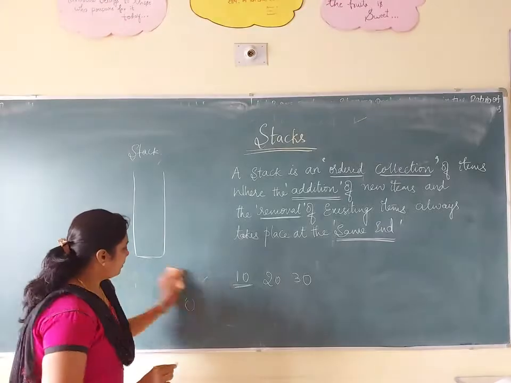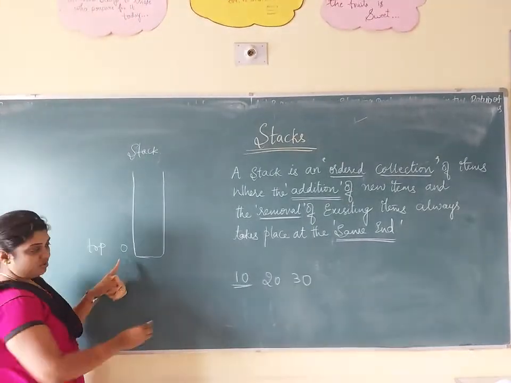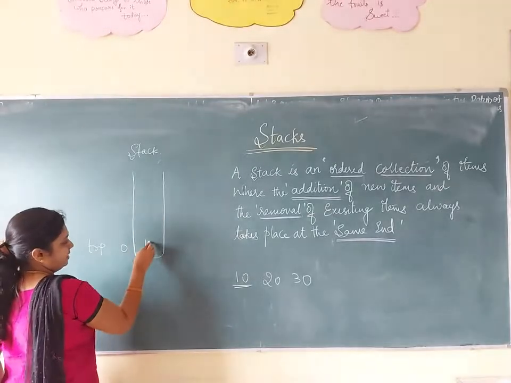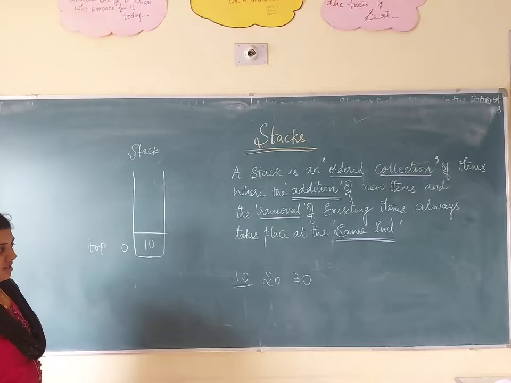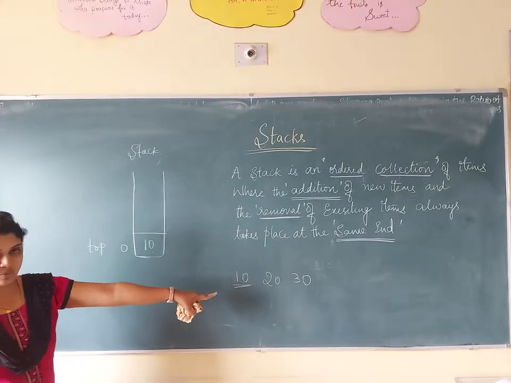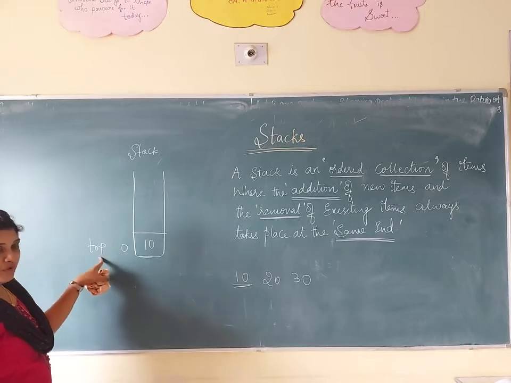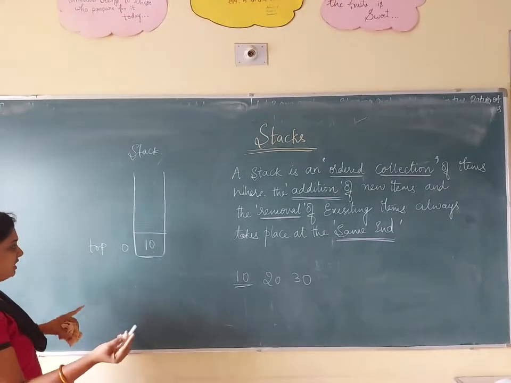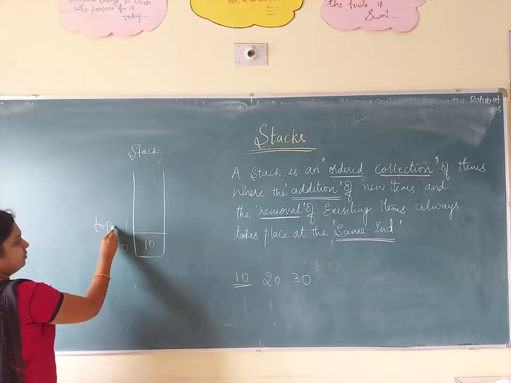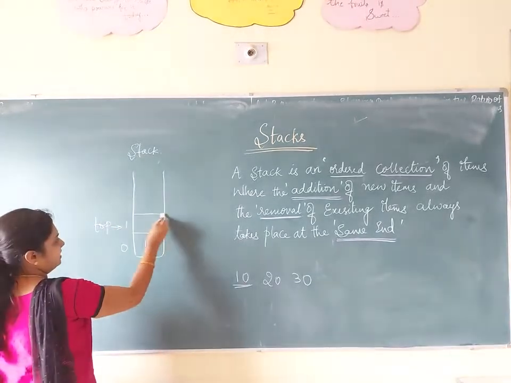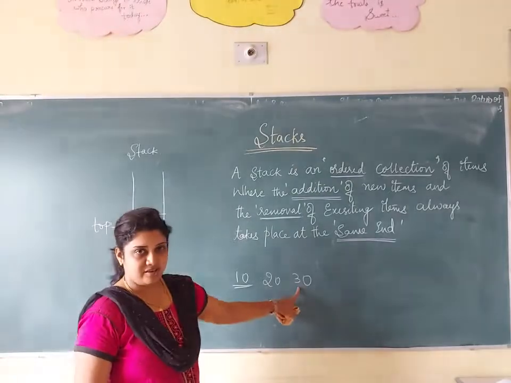Now what you have to do? From -1 it is pointing to what? 0. Now I am inserting an element 10. Okay, this is my first element. Next, I want to insert an item 20. So now you have to increment what? Top. 0 plus 1. How much do you get? 1. Now the top is pointing to where? The position 1, and I am inserting which element? 20.